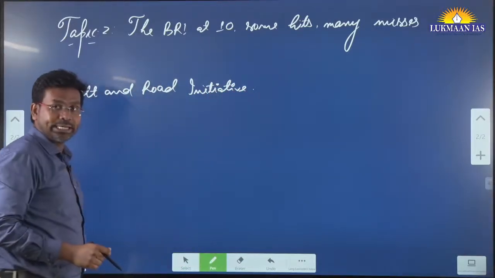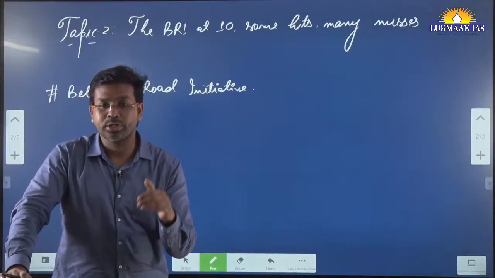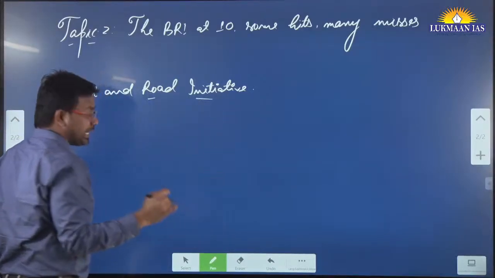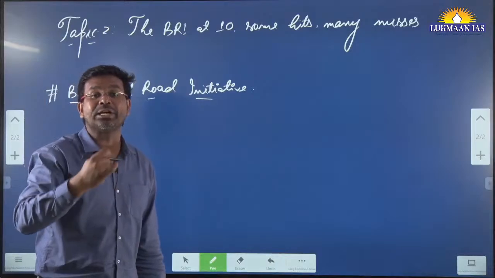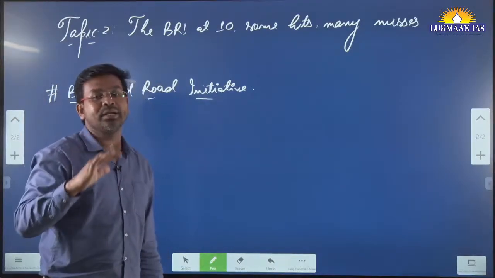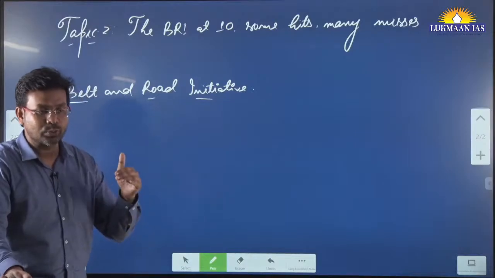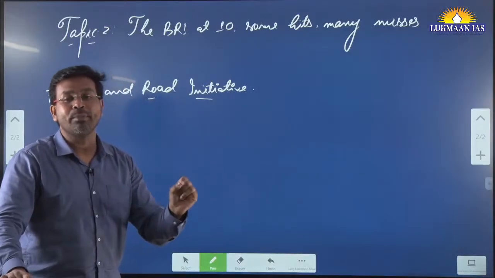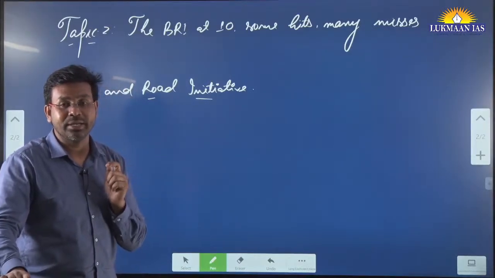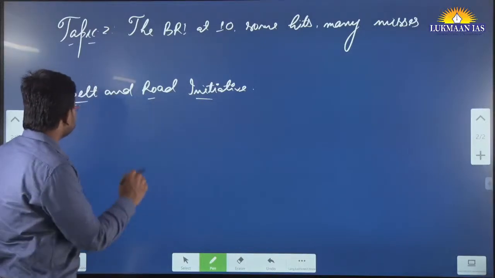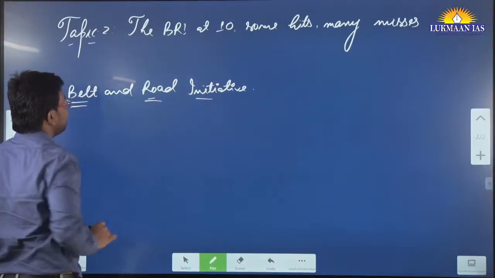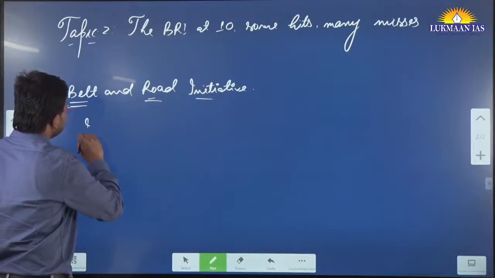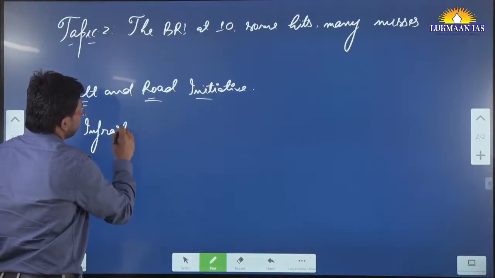So what is the Belt and Road Initiative? It is an infrastructure project of China. China has initiated this Belt and Road Initiative. It is being equated with the Silk Road of China. That was a historical route through which the Chinese used to stay connected with foreign players for their commerce activities, for their connectivity with different regions of the world, right? So recently the Chinese government has initiated the Belt and Road Initiative, and it is an infrastructure project.